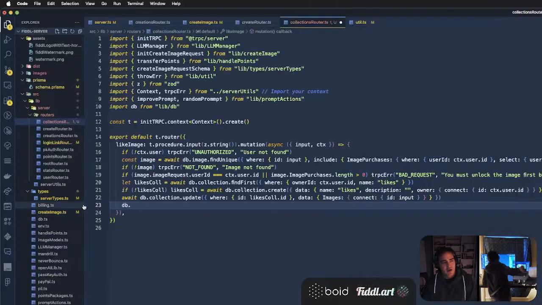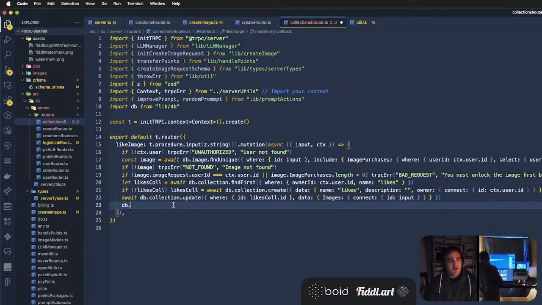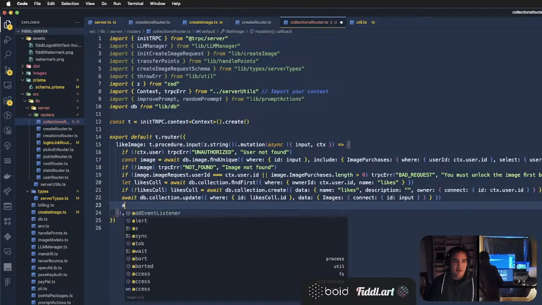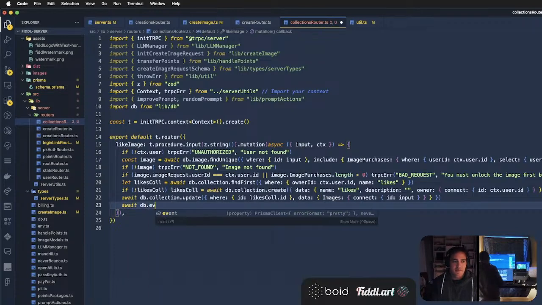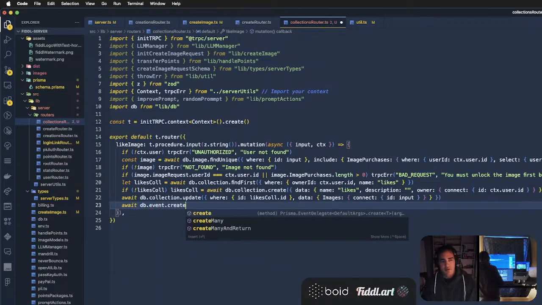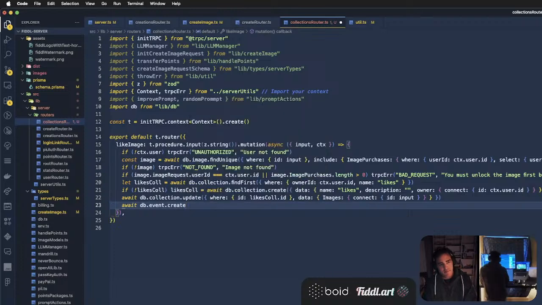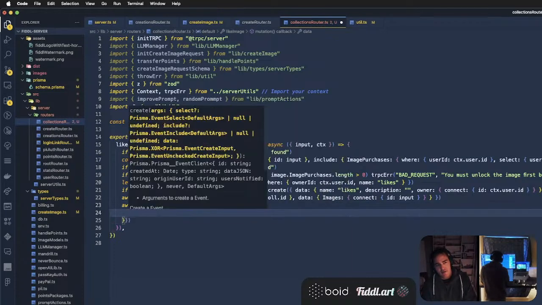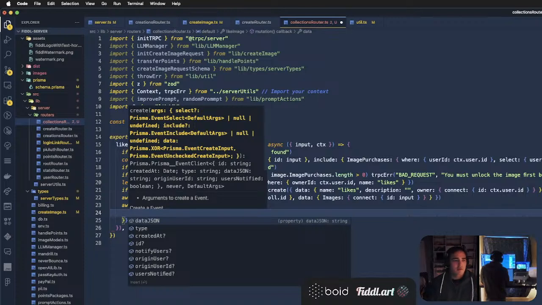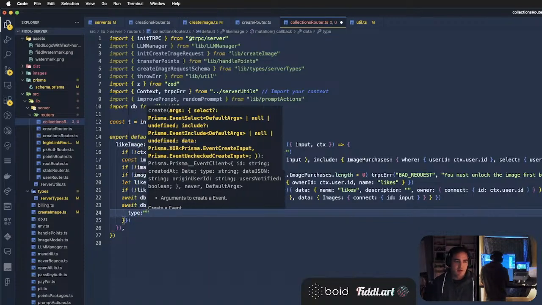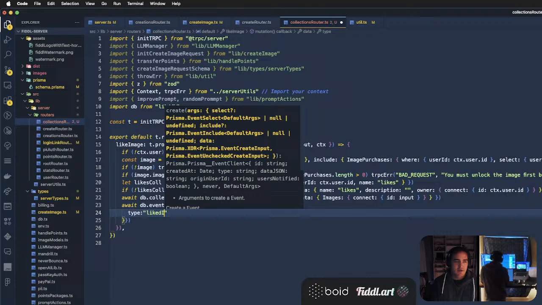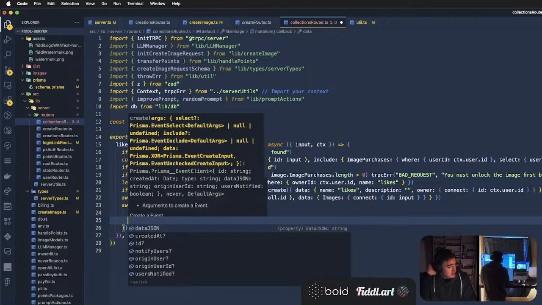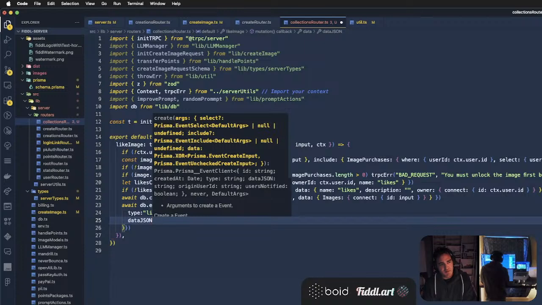Should be fine. db dot, let's say await db dot event dot create, data. The type is going to be liked image. Data JSON is going to be,